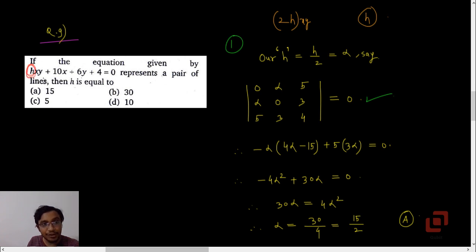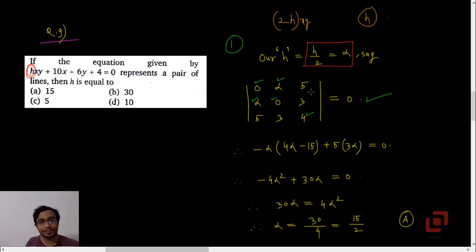So what we should write is actually h by 2, and I have assumed h by 2 as alpha. Even in one of our previous problems, instead of 2h they had given h, so please be careful. The rest of the part is very simple. A and b are zeros and the constant term is 4, and h is actually alpha now, so I have called it alpha,